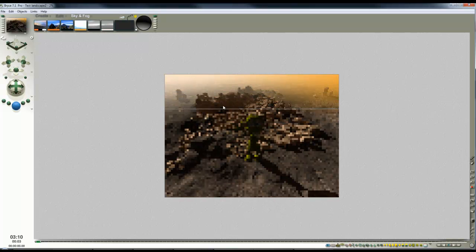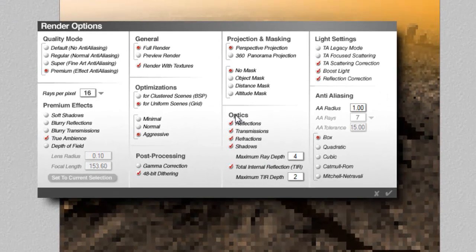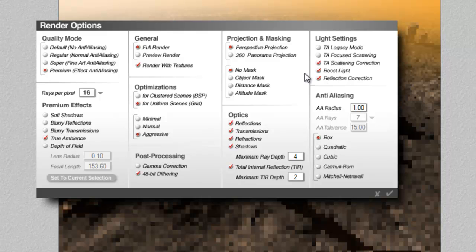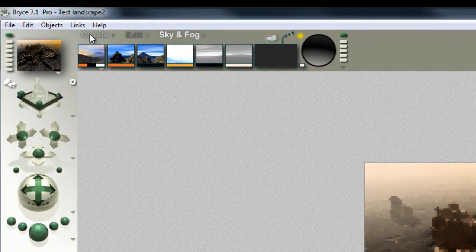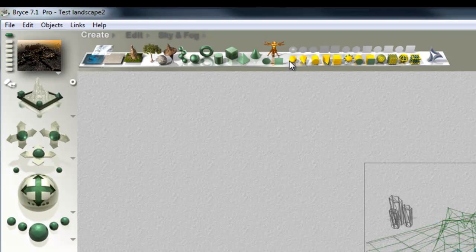then you can see in these shadow areas there's very little light, even though in our render options, if you remember, we're using true ambience and boost light and scattering correction. So the light should be arriving from the environment, but there's just not enough of it to fill in these shadow regions. So at this point we'll employ the trick, if I'm not going to crash it again, of creating